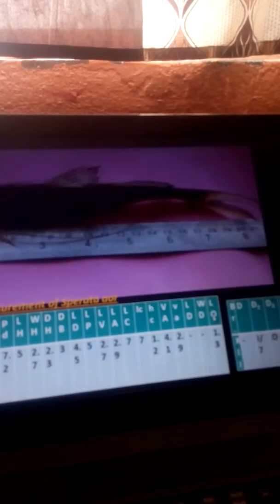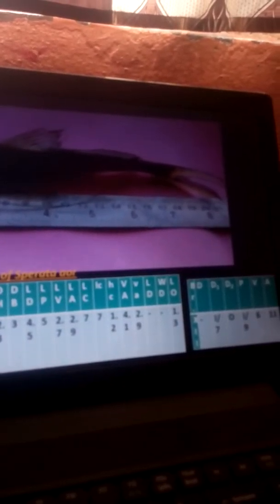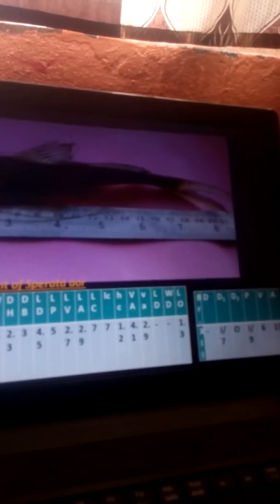We measure the length of the disc present in most of the fishes. We take the width of the disc, and we also take the length of the occipital process, which is mostly present in this fish. When we see the dorsal region of the head, there is a U-shaped structure which is called occipital